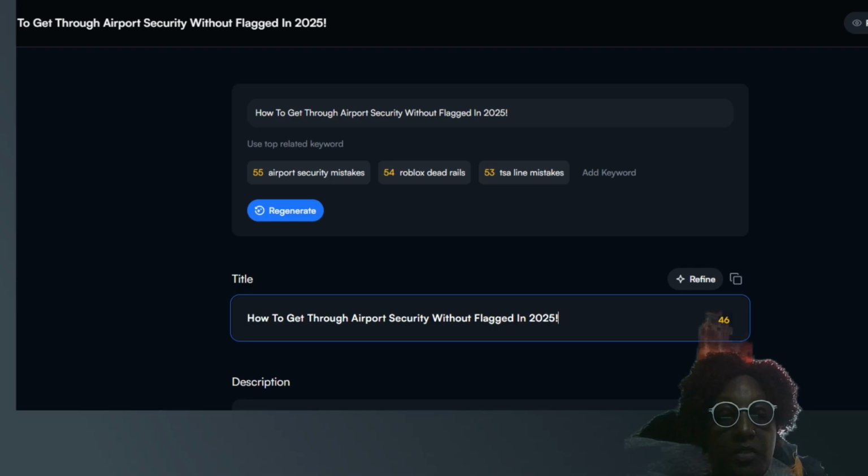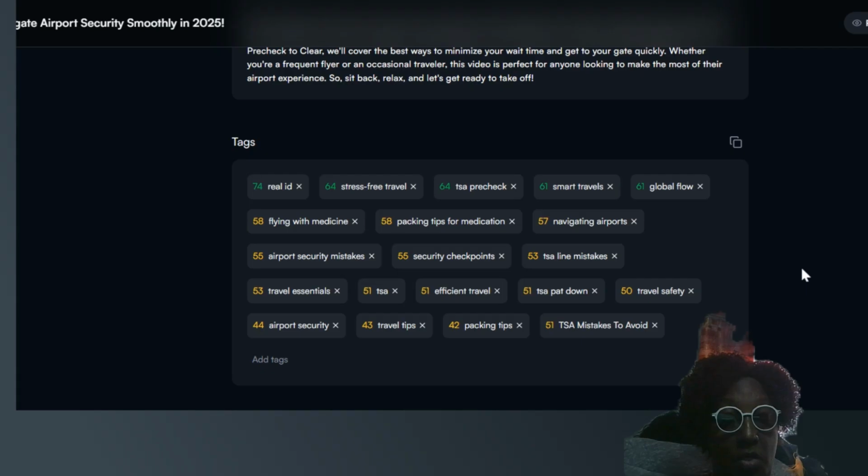And then you scroll down. It gives you a description for your video. It gives you keywords that you can use. And you can actually add your own keyword. You can say TSA mistakes to avoid. Let's see. Keyword term. It gave me a 51, which is not bad. It's medium. So you can go ahead, as long as it's not over 500 characters, you can add your own